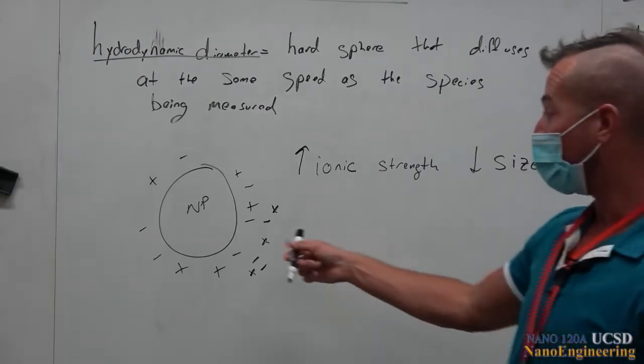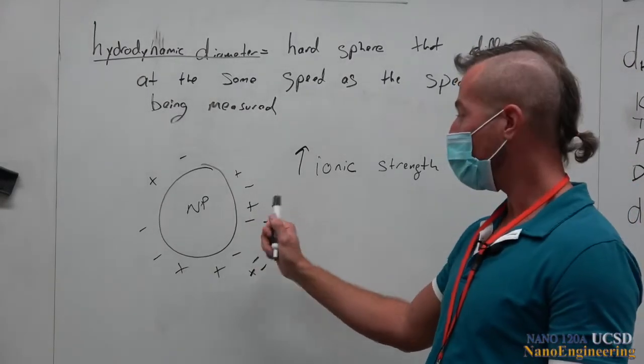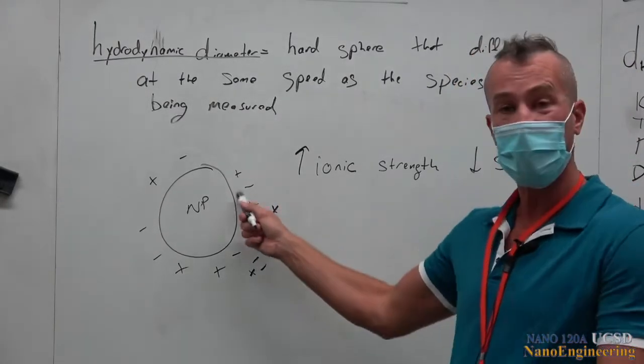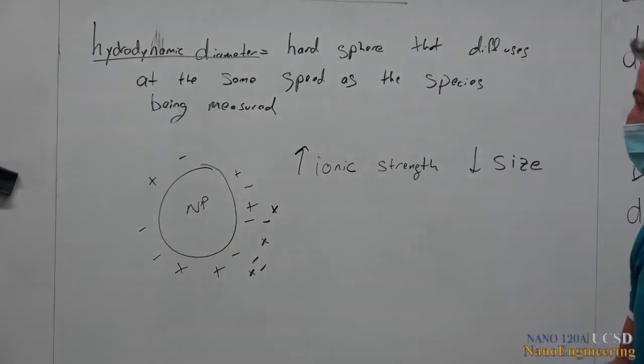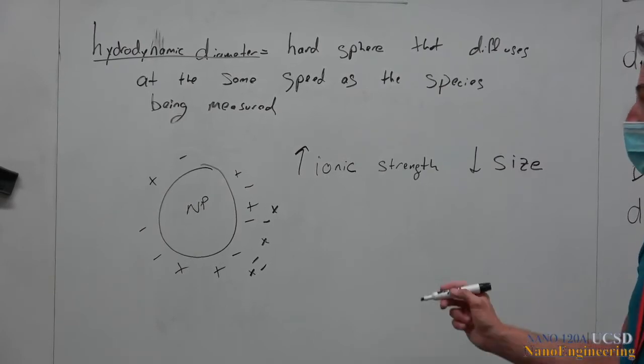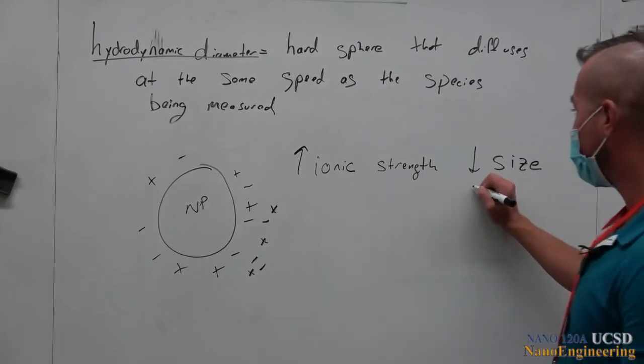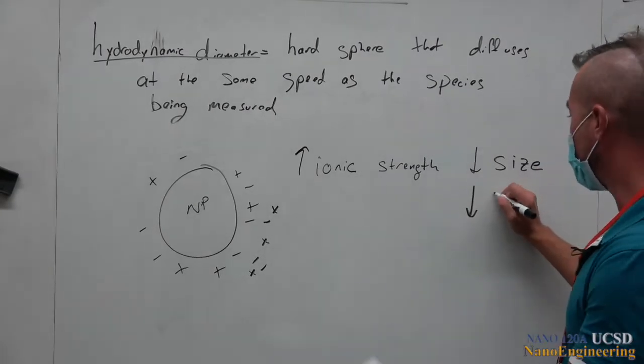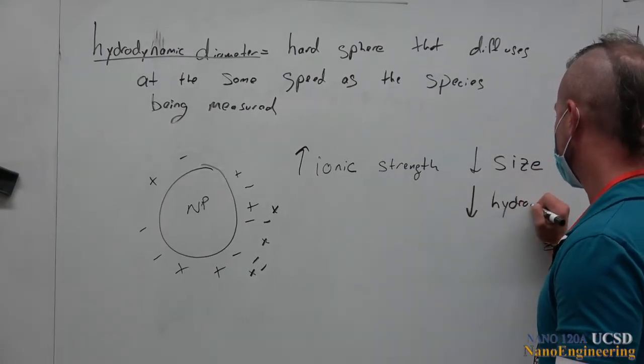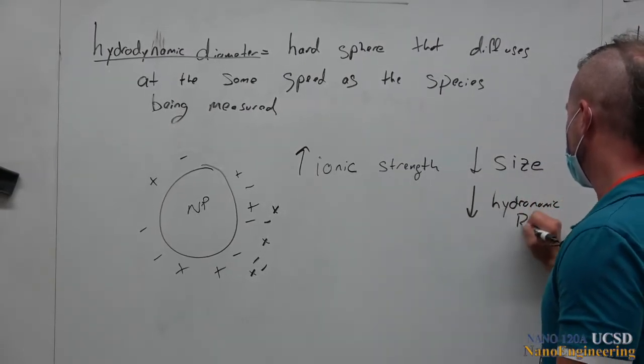So therefore, the amount of charge that is actually associated with the particle goes down when you have a higher ionic strength. Okay? And therefore, higher ionic strength, lower hydrodynamic radius,